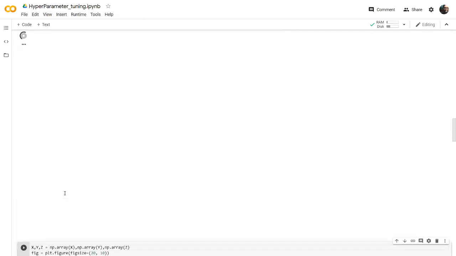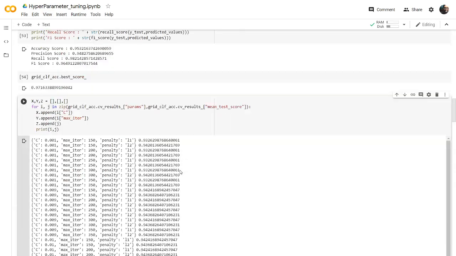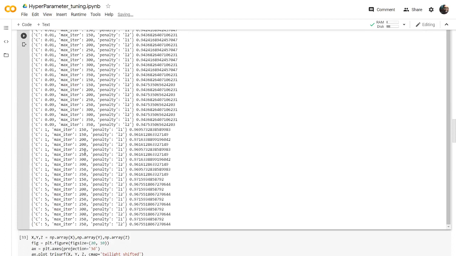So let's see what are the combinations it tried. You can see the combinations it tried, like the C value, max iteration and penalty, and this is the f1 score it got. So when we go to the best one, let's say 1, 200 and L1. Actually this is the best value we got, and there are multiple with the same f1 score, but it gave the first one where it found the best score. You can see the same f1 score here. It is C 1, max iterations 300, and you can also find the similar. Okay, these two are the best scores.